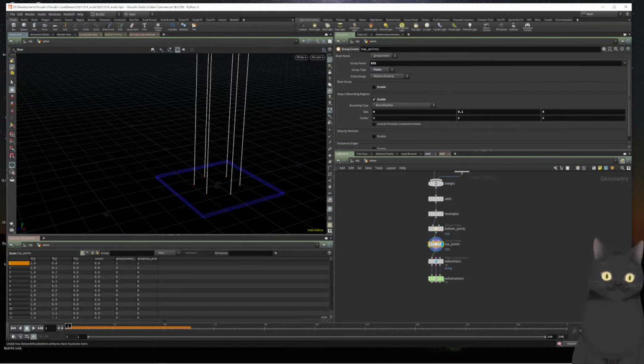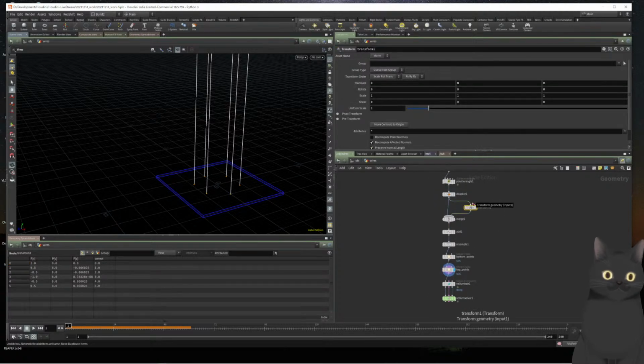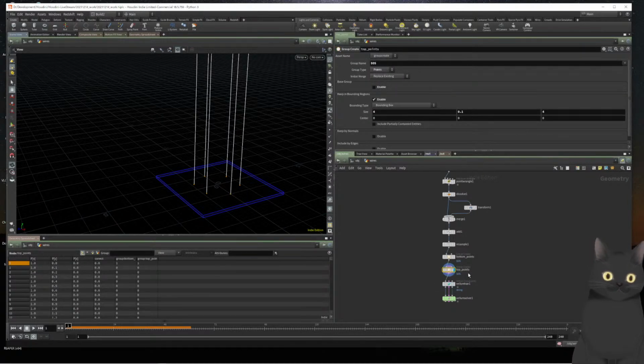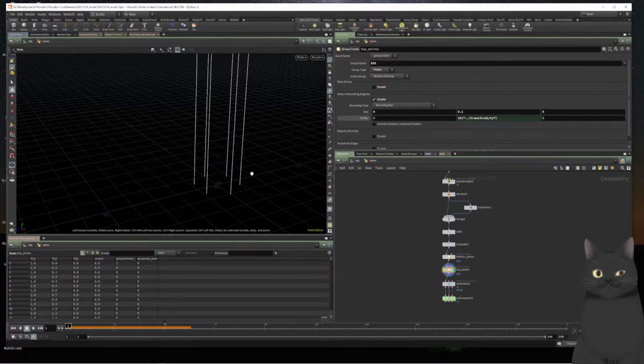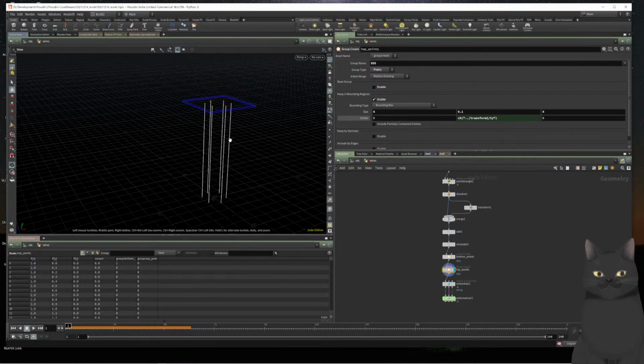In this case, I want the group points to be on the top, right? So we know that we have a translate. Let's copy paste this parameter and paste relative reference. So I'm always using the same position as this translate. So if I change this one, you see that bounding box will follow that transform. Okay,